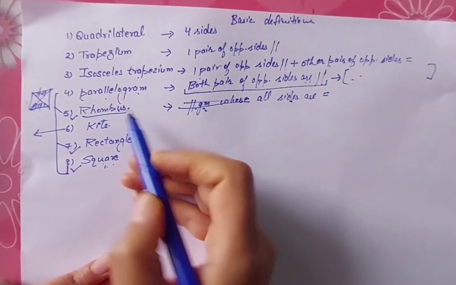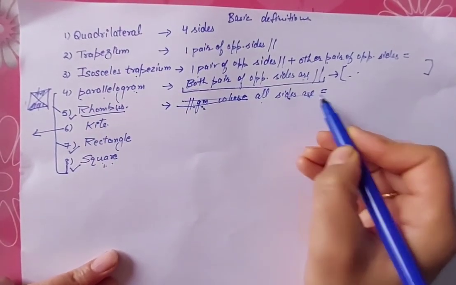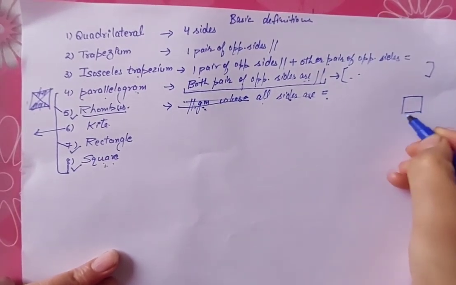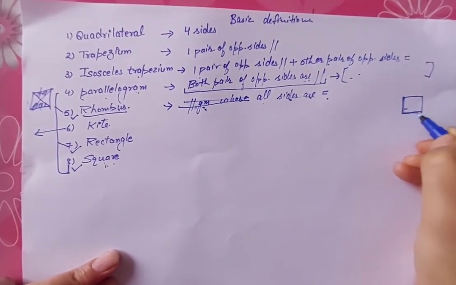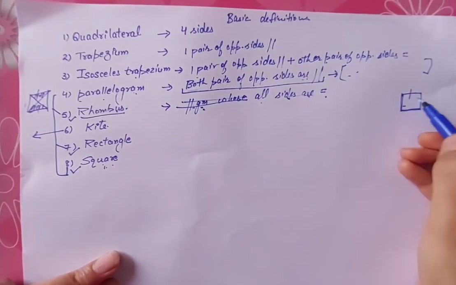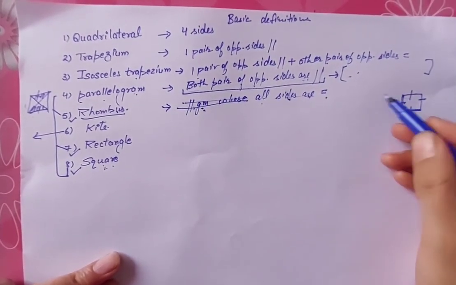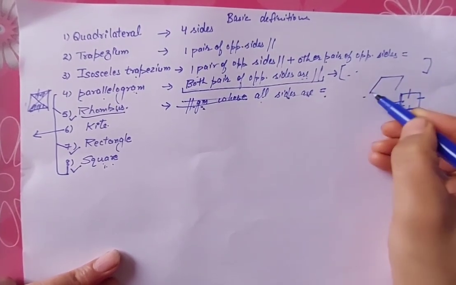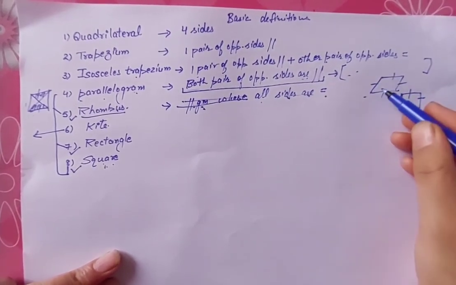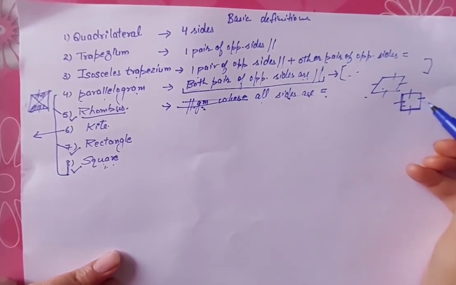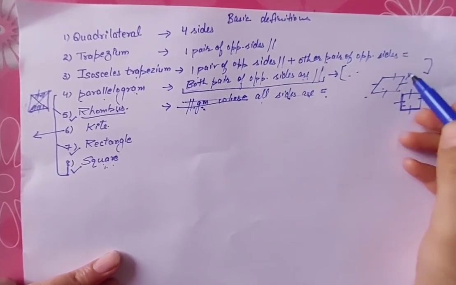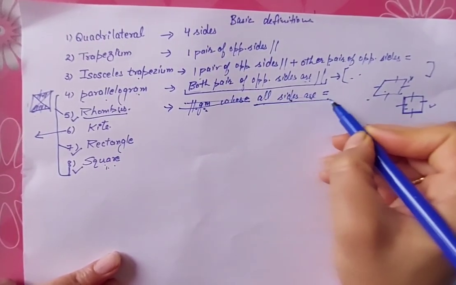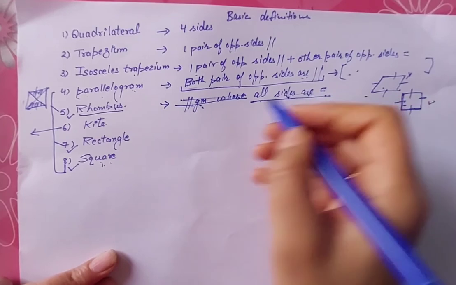तो rhombus को define कौन करता है? All sides are equal. Okay, चाहे आप ये बना दे, फिर आप कहेंगे ये तो स्क्वायर है, बट rhombus होने के लिए क्या चाहिए? All sides equal. So yes, it is also a rhombus. Okay, this is also a rhombus. This is also a rhombus. But this is a square. This is not a square. I suppose you're getting what I'm trying to say. So to prove a rhombus, we just need to prove all sides are equal.